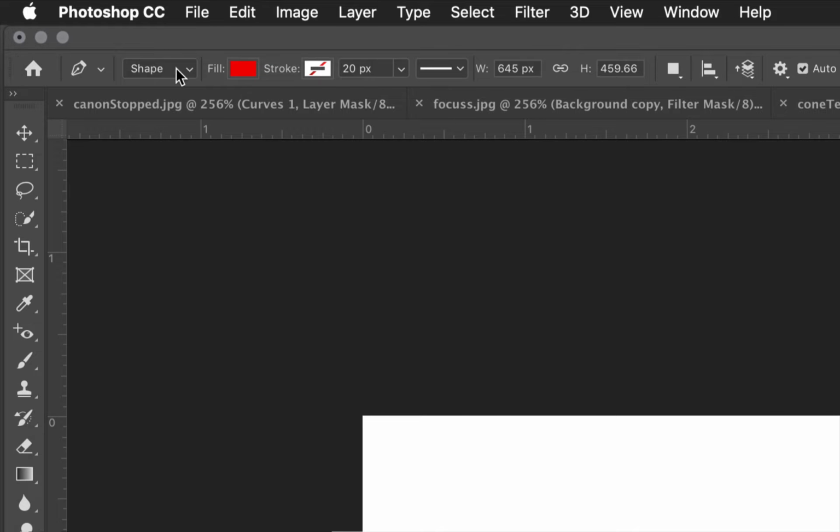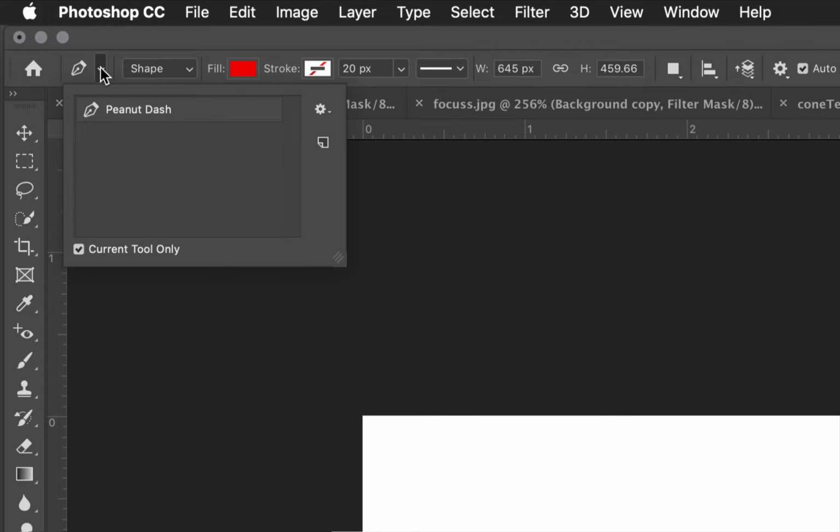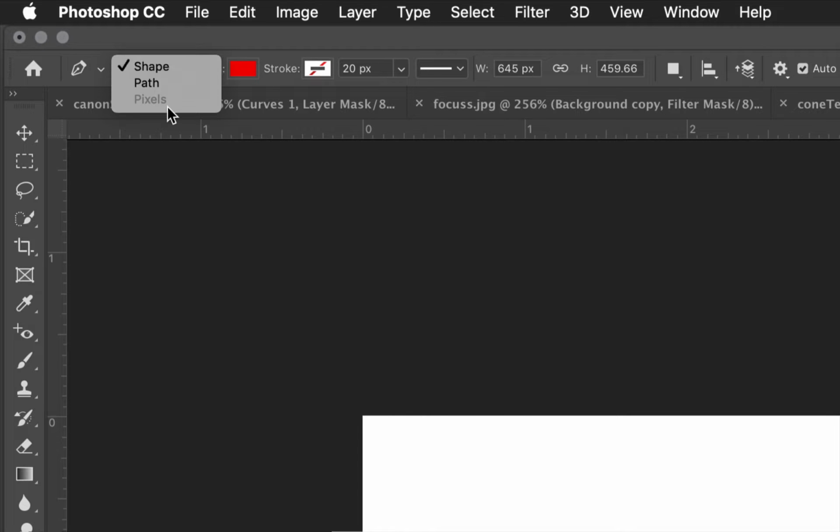So first off, you can see, I don't really know what that does. I'm not even going to worry about that. The main thing here is shape and path. I'm going to start with shape, and then I'm going to show you path in a moment. When we do shape, we're going to have a fill and we're going to have a stroke. And this is very similar to how Illustrator works. And in a lot of ways, this is a preferable way to work